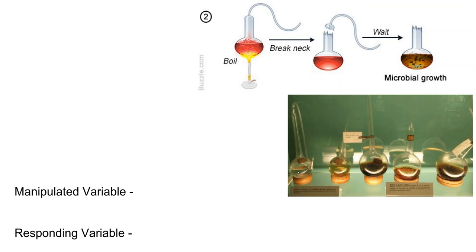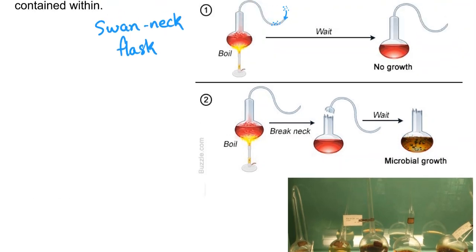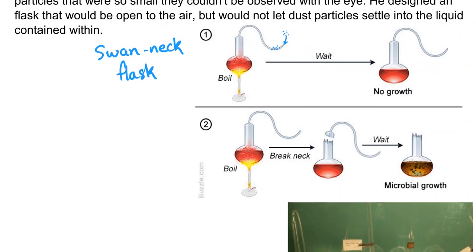This broth should be totally disgusting and gross. But because no microorganisms have access to it, any dust just falls and settles at the S bend in the neck. And so still to this day, that broth has not spoiled. It does not have any microorganisms living in it. So the swan neck flask was critical.